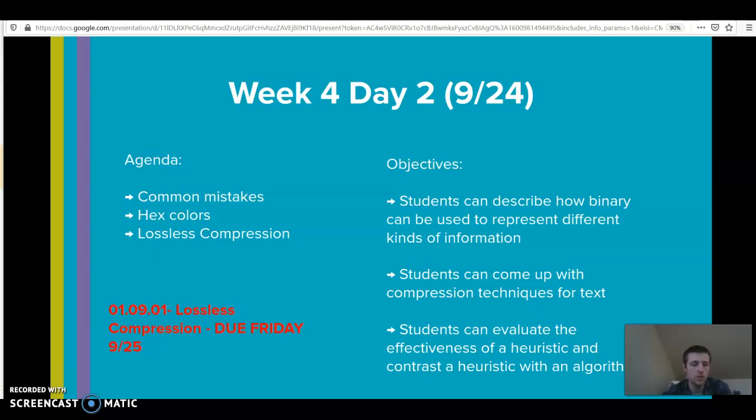back to see what you missed. We talked about some common mistakes. I mentioned some hex colors, which is going to be covered in a second, and then lossless compression was the main topic of the day. You need to make sure you complete assignment 010901, which has to do with lossless compression, by Friday the 25th